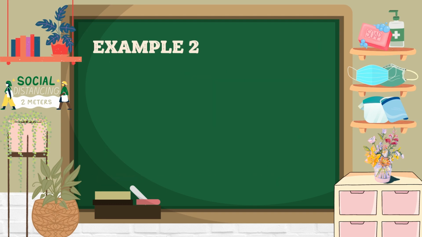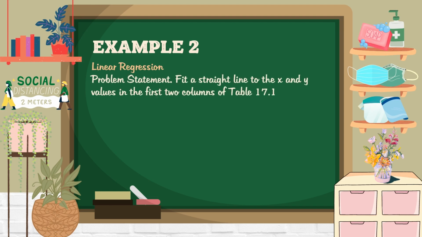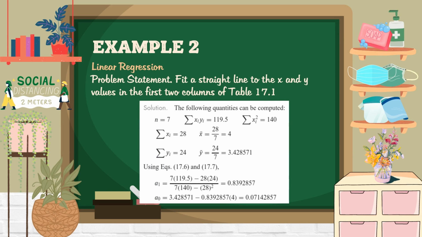For example number 2, the least square fit of a straight line is called linear regression. The problem statement: fit a straight line to the x and y values in the first two columns of table 17.1. The solution: the following quantities can be computed. n is equal to 7. The summation of the product x sub i and y sub i is equal to 119.5. The summation of the square of x sub i is equal to 140. The summation of x sub i equals 28. The arithmetic mean is 4. The summation of y sub i is equal to 24. The arithmetic mean of y is equal to